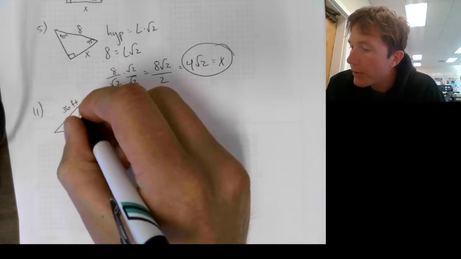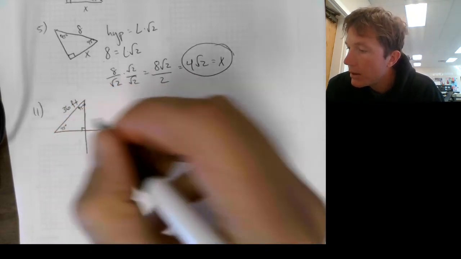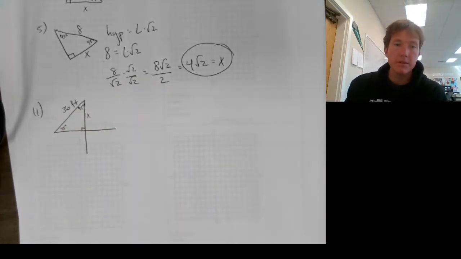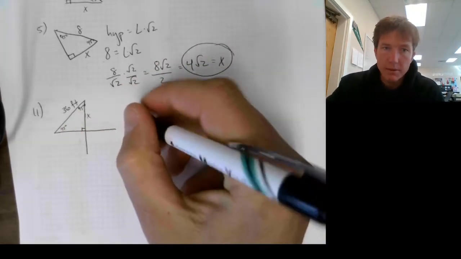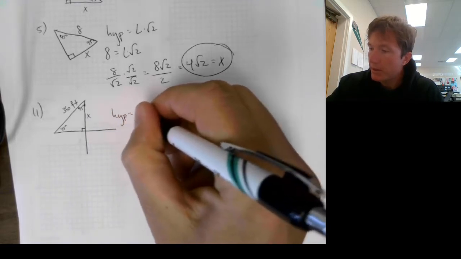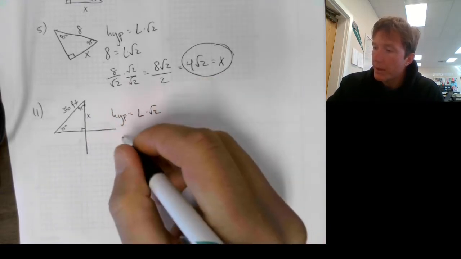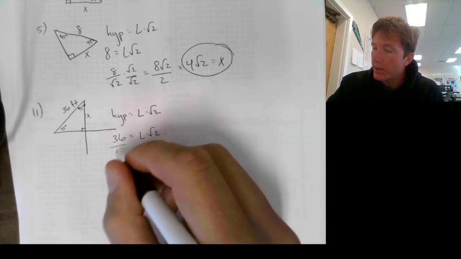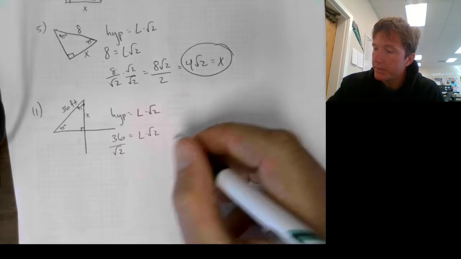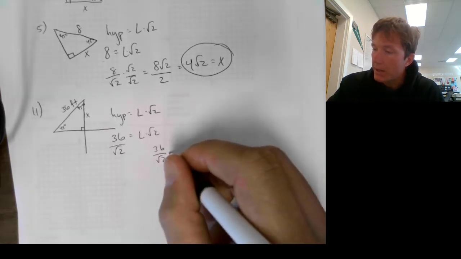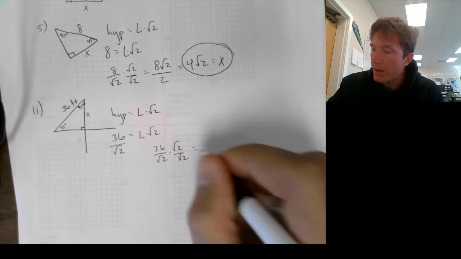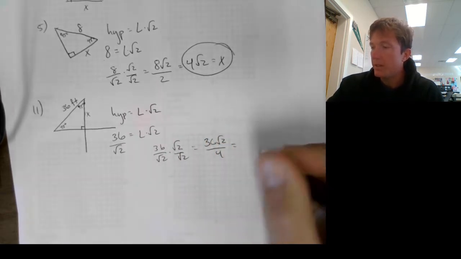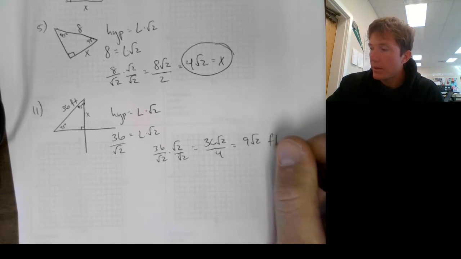So this is a 45, 45, 90. Since these are the same length, we want to find out the length of each. So my hypotenuse, again, is going to be equal to the length times root 2. My hypotenuse is 36 feet. So I just need to divide 36 by root 2. And then I can't leave that in that form, so I'll multiply the top and bottom by root 2. And then divide that. So each blade,